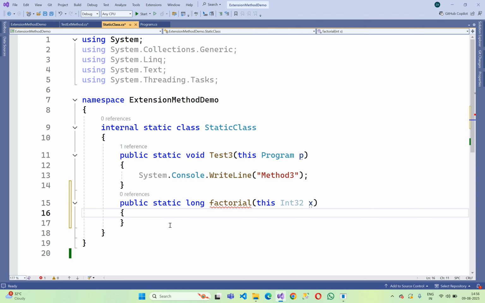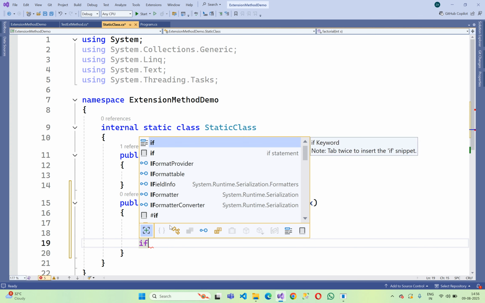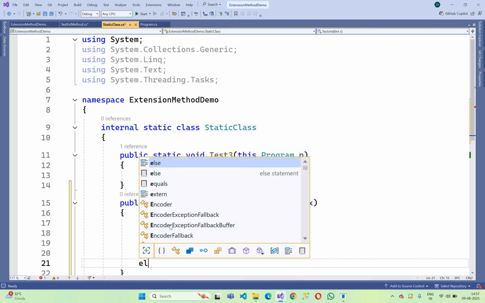Then here we write a condition. If x equal to 1, then return 1. Factorial of 1 will be 1. And second condition, if x equal to 2, then in this case also we return 2. Factorial of 1 is 1, factorial of 2 is 2. And in the else case,